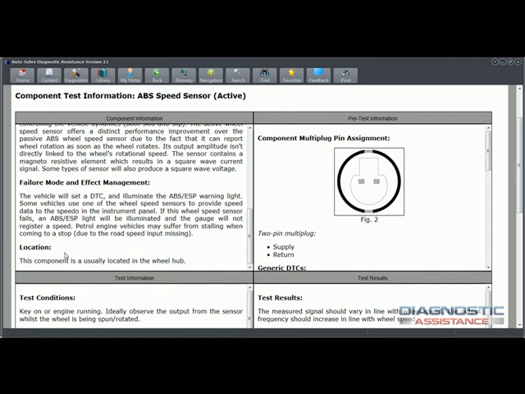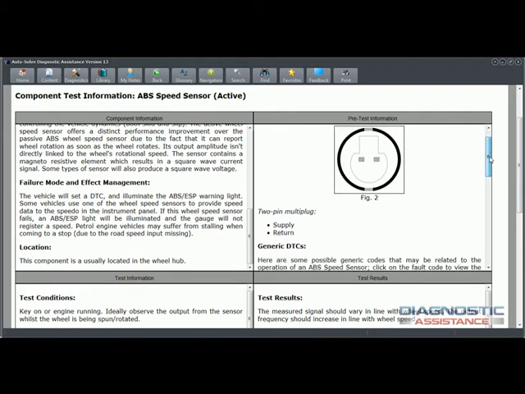Also, we have location in this, so where is it? So you can go to find it to make a measurement. So once you've gone through the component information page, then the idea is that you come across to the pre-test information. Pre-test information arms you with what you need to know about testing that component shortly before you're going to test it. Firstly, we give you a picture of the component, multi-plug,